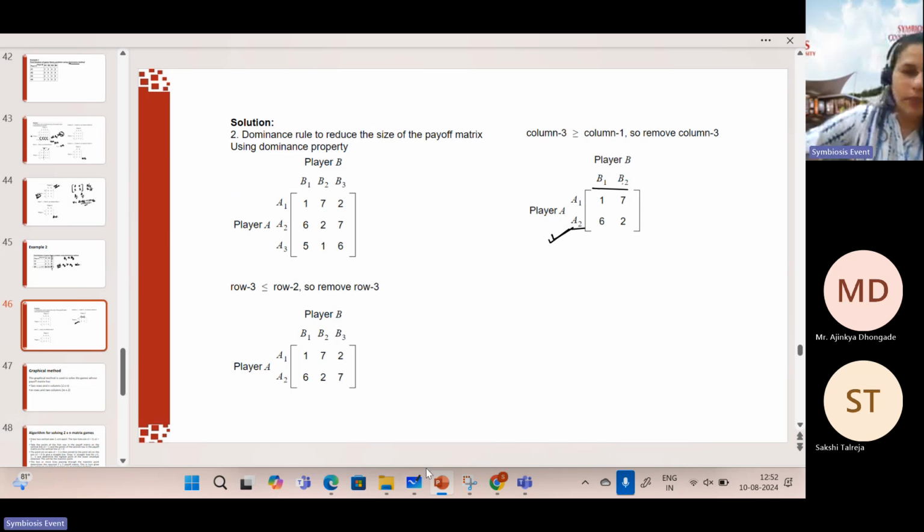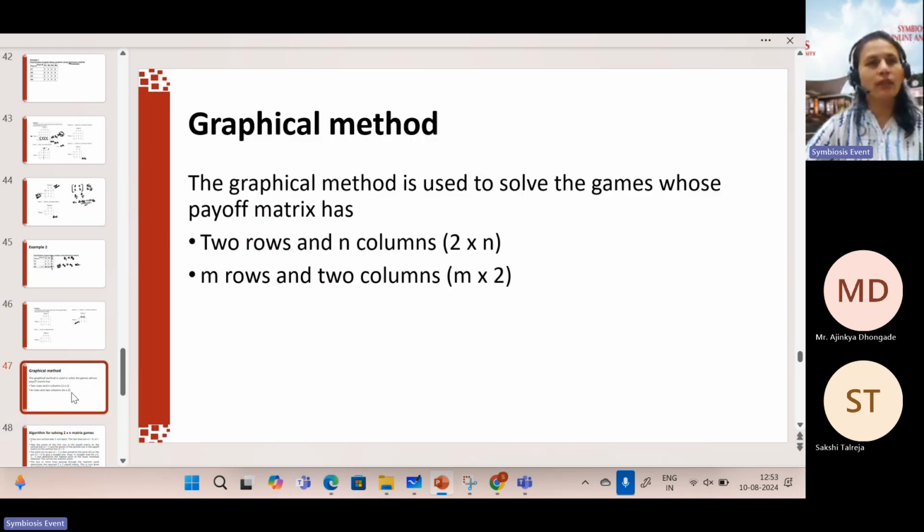Okay. But it has been observed after applying the dominance, after applying the saddle point condition, everything, sometimes it is tedious to solve it. It means, my matrix is of 2 cross M and 2 cross N. After applying the dominance, still my values are coming in a rectangular set, right? They are not coming square. They are not ready to convert into the 2 cross 2. So to solve such type of problems, we have the next methodology, that is the graphical method,